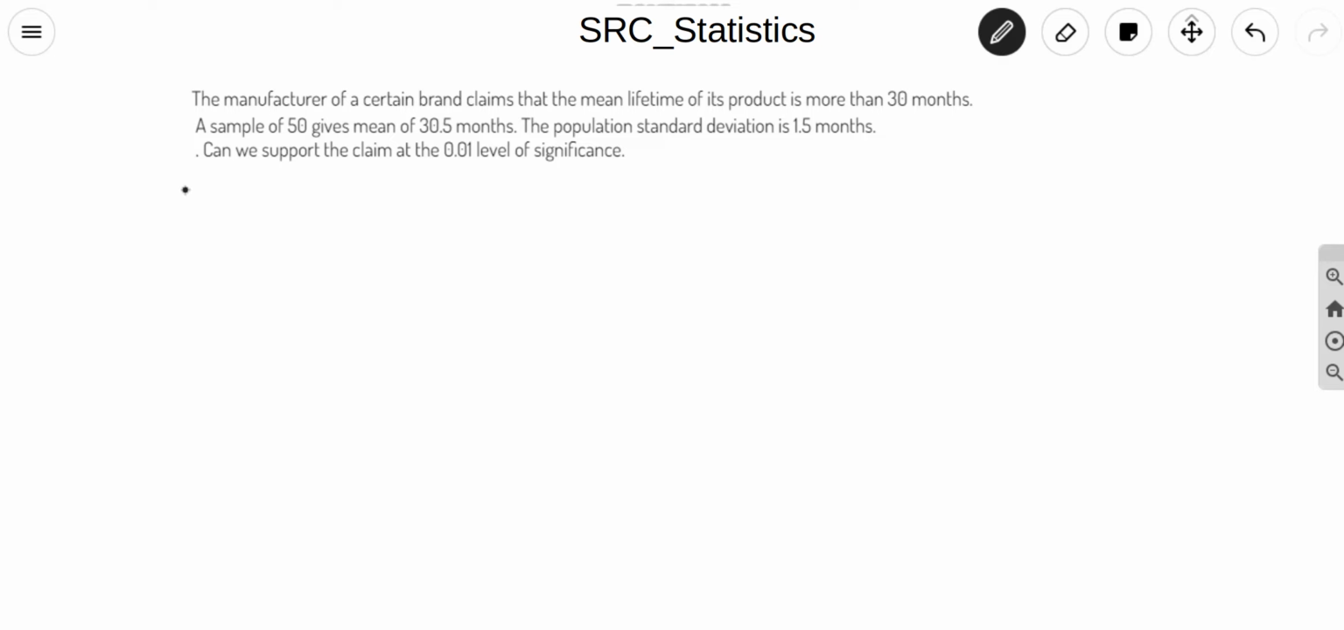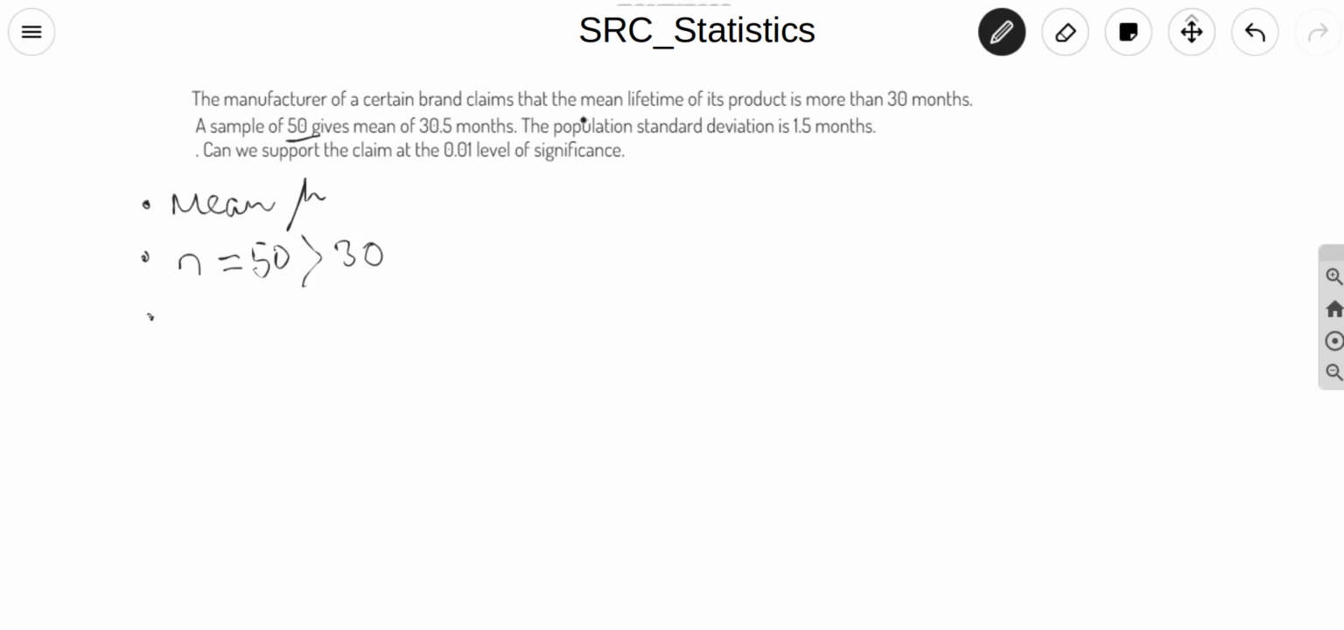So few things we need to understand first. This is a test for mean. Okay, so this is the first part. Second point is that sample size n is 50, which is considered to be a large sample because sample size greater than 30 is considered to be large,